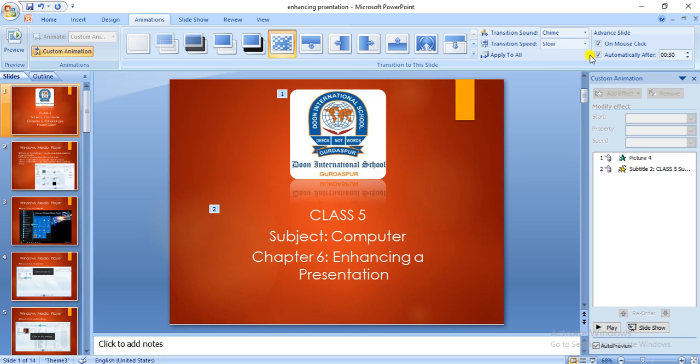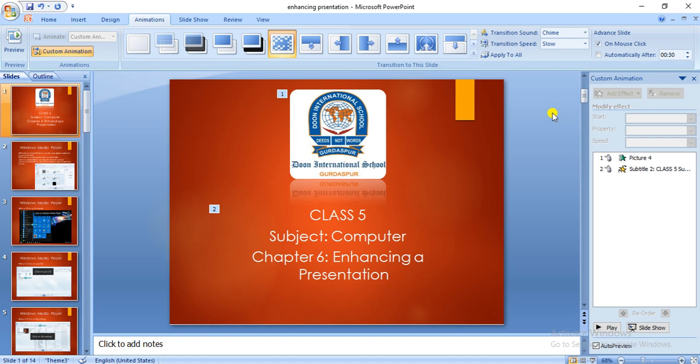Go to the slide, click on the on mouse click. It advances the slide only when you click the mouse. So when you click on this option, you can see on the mouse click, the slide will only advance when you click the mouse. So it will wait until a mouse click to move to the next slide. Now if you check this box, that is the after option, then automatically you adjust the duration of the slide on the screen. So after 30 seconds, it will automatically change. Okay, so we'll click on mouse click to advance our slide in the presentation.